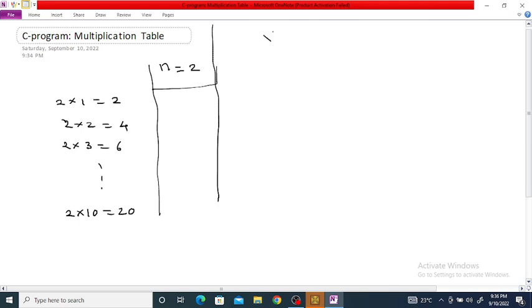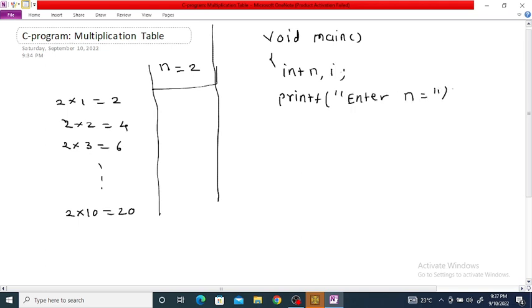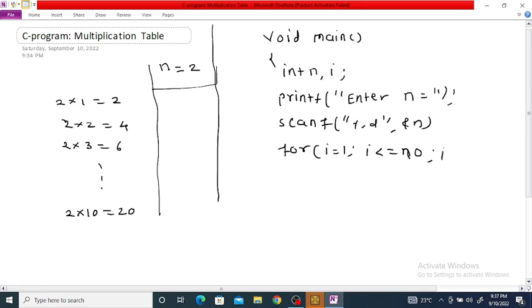For that we are going to use a loop: a for loop, a while loop, or you can use a do while loop also. So void main, then integer n, we require integer n, then we require variable I, and then from the user we are going to enter the value of n, enter n. Then we are going to read this with scanf %d and n, and then by using the for loop, for I is equal to 1, I less than or equal to 10, I plus plus,